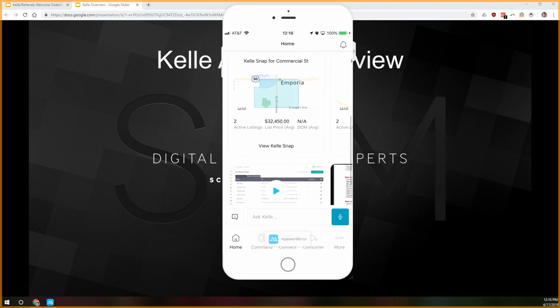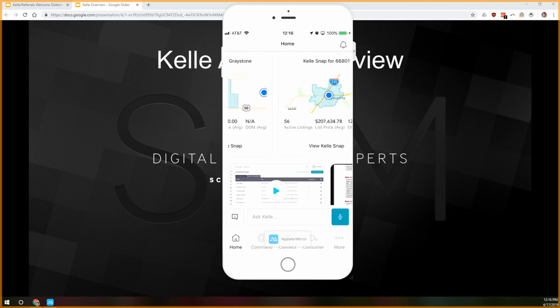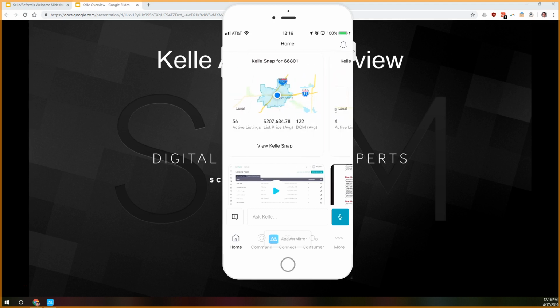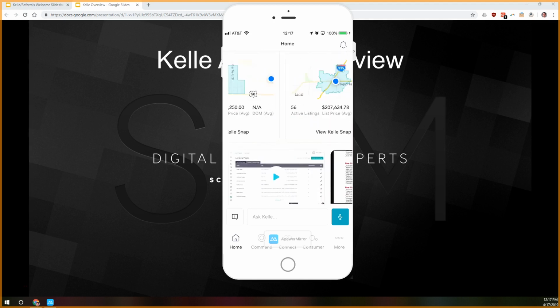Coming down here, we've got Kelle snaps for around my GPS location. You'll see that little blue circle expanding just above where it shows that blue geometric shape for the snap. That's my location there, and it's showing me snaps for around my location. This is a little bit to the east of me. This is the whole city of Emporia. This is apparently right at the edge of my neighborhood,